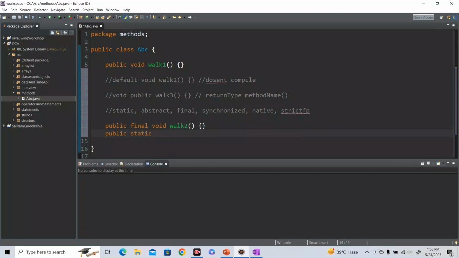Public static, this is a static method, public static final void walk 3. This is also fine, because you see return type and method name are at the right place. Other than that, we have one thing that is public, one thing that is static, one thing that is final. It's completely fine, guys. If I write it like this, final public static void walk 4, then also you see it's completely fine, because I've told you, right, the components which are not mandatory you can jumble up as much as you want. The only thing that you need to take care of is the return type and method name,